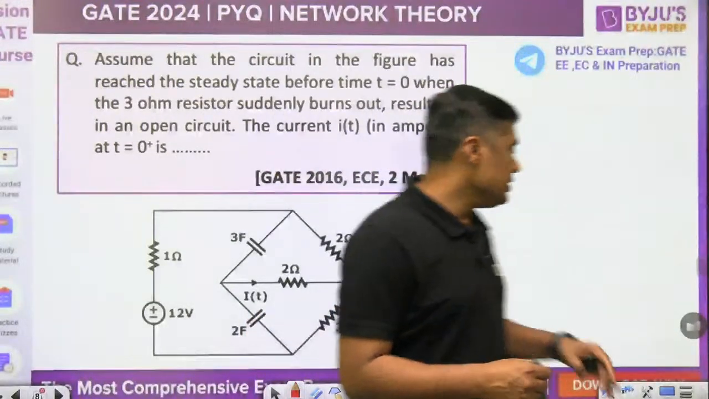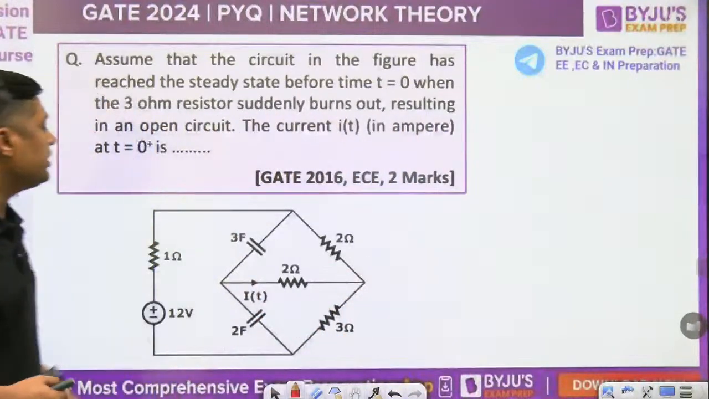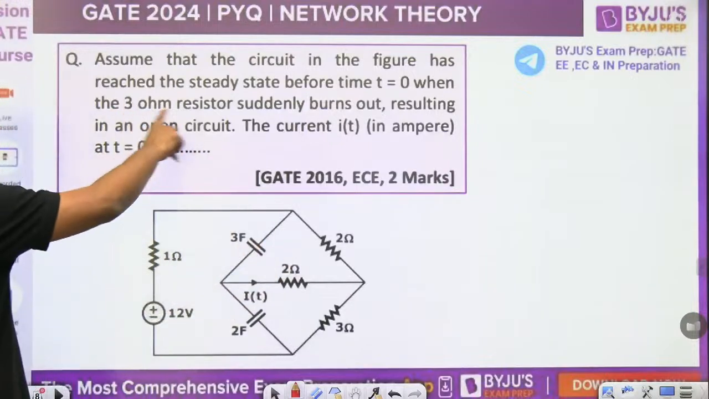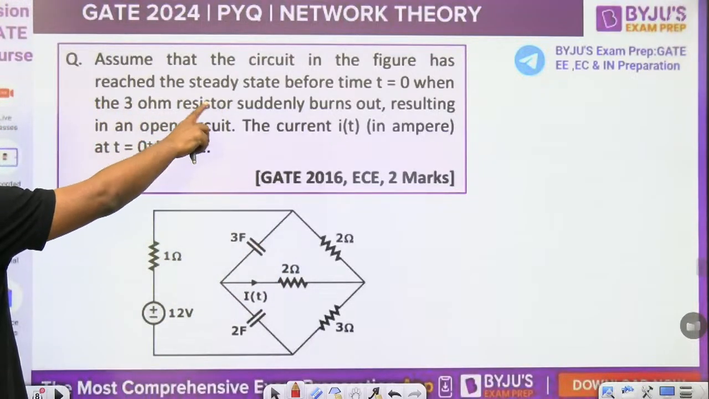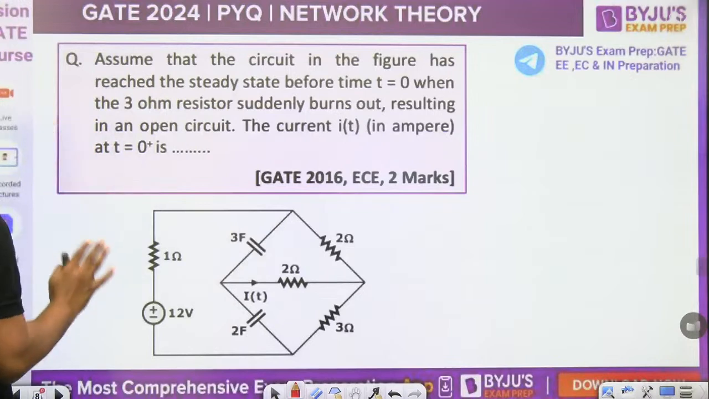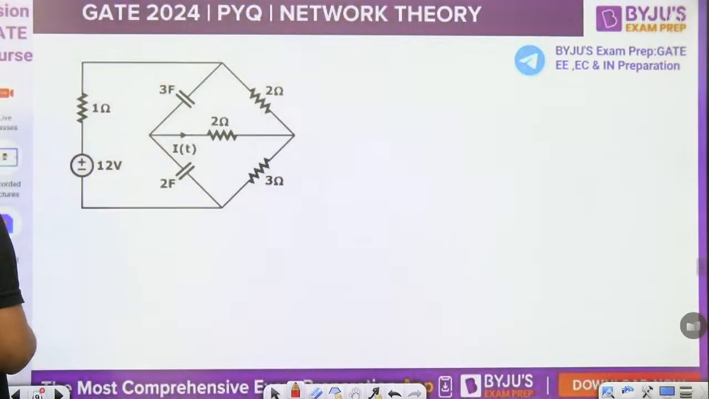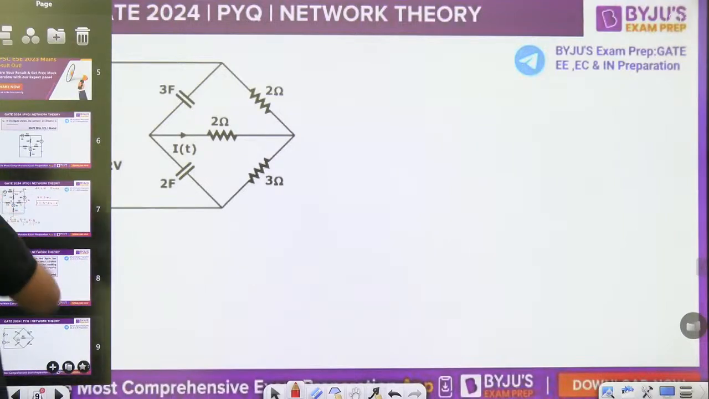Now, it is a question on transient. It is a question on what? Initial condition. Now, burned out means it will act as an open circuit, right? Steady state before time t equal to 0. Under steady state, both the capacitors will act as what? Open circuit. So how can we solve this question now? And you have to find the current. Then remember,